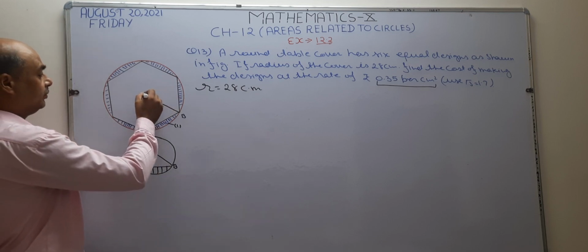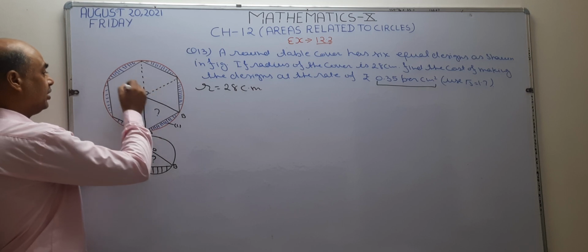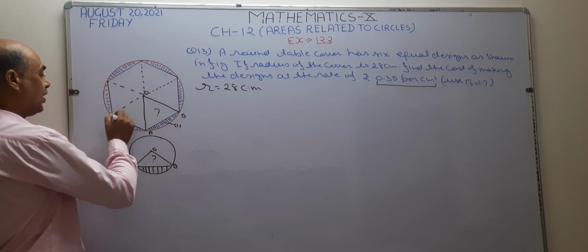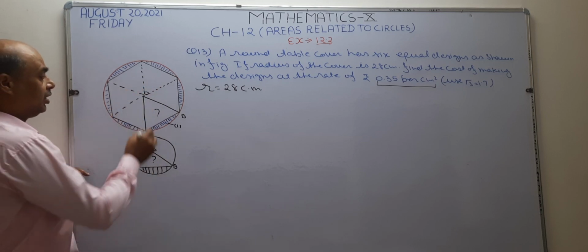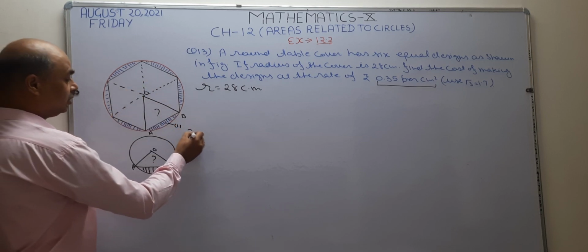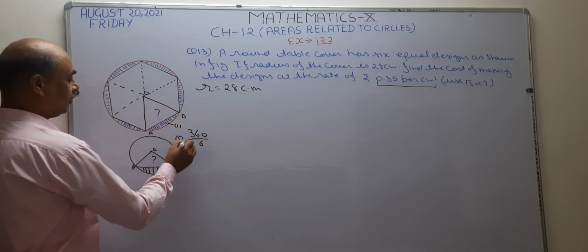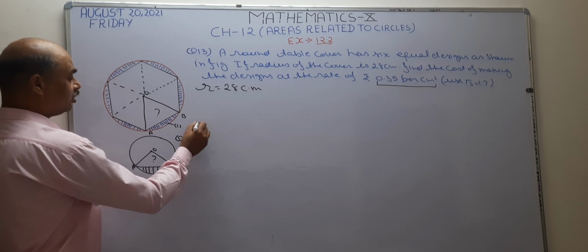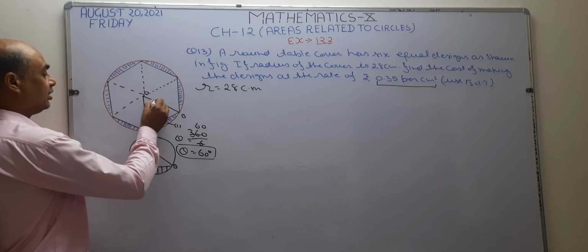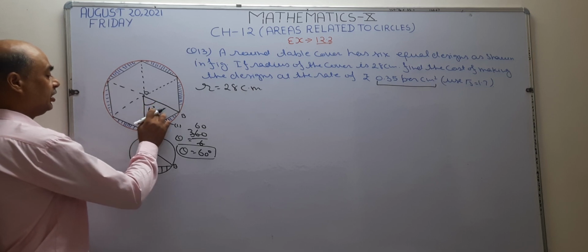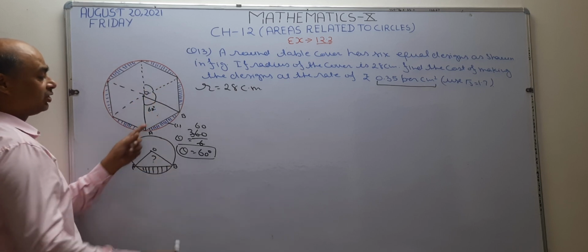How many parts are there? This is the second sector, this one is the third sector, this one is the fourth sector, and this one is the fifth: 1, 2, 3, 4, 5, 6. 6 sectors are there, and you know that the complete angle is 360 degree, and since 6 sectors are there, divided by 6 gives the value of theta. 6 6s are 36, so the value of theta becomes 60 degree. It means each sector has its angle as 60 degree.